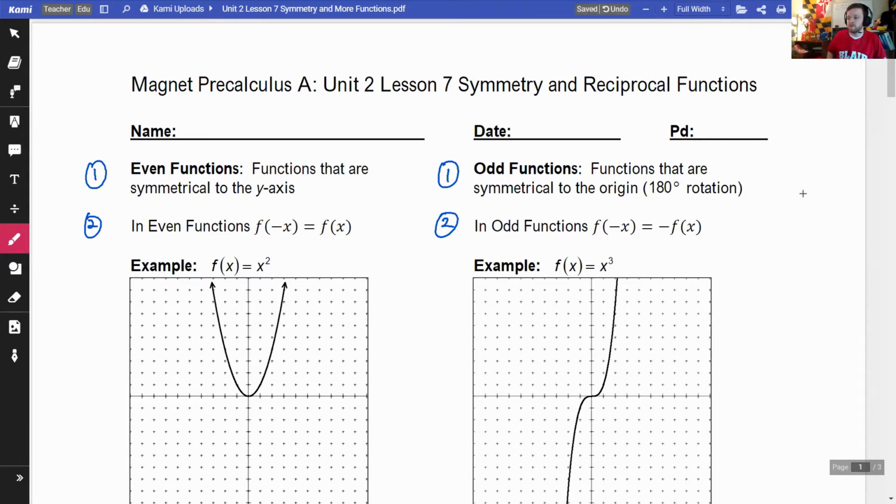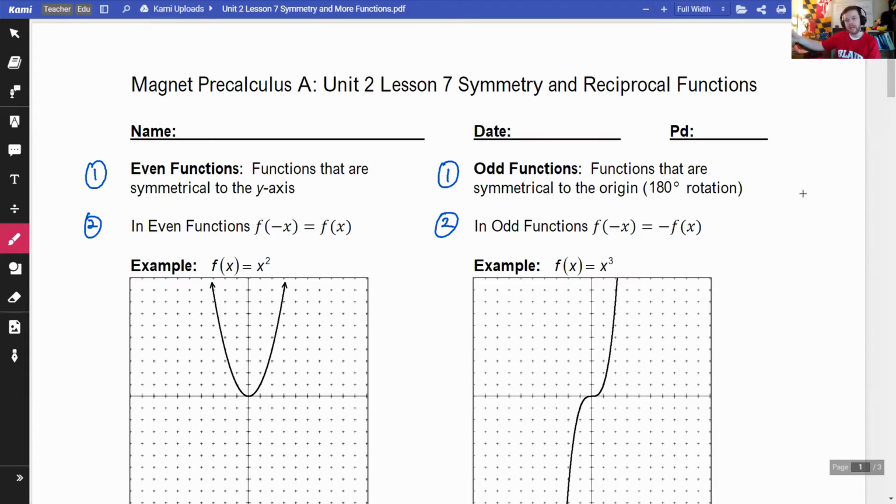And the first one for both of these definitions is a good definition, but the second one I think is more important. Mrs. Contreras, can you read to us the even function definitions? So the even functions are functions that are symmetrical to the y-axis, but they're also defined as an even function's f of negative x equals f of x. Awesome. So the only reason why I'm saying these two definitions are different is because later on, and I've said this before,